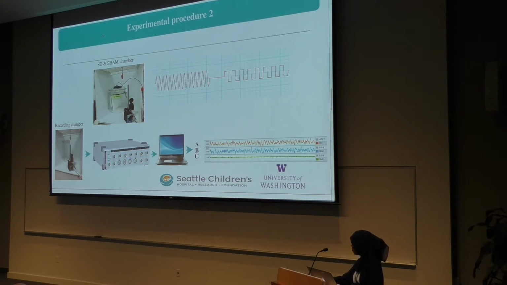In a different chamber, we recorded EEG and EMG activities and video of the two groups of mice. And through the PowerLab data acquisition, we were able to convert from analog to digital signal. Through a software program, we were able to further process the raw data through certain filters to extract right and left EEG recordings as well as EMG signals. The data that I used to analyze was from the post-sham and the post-SD.